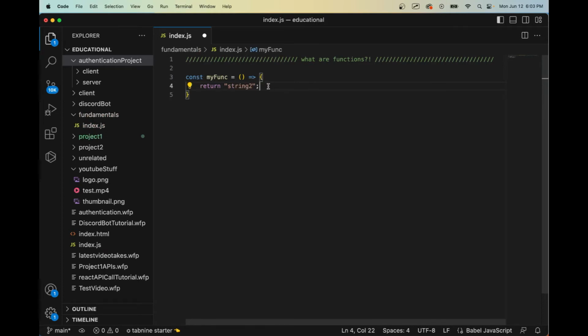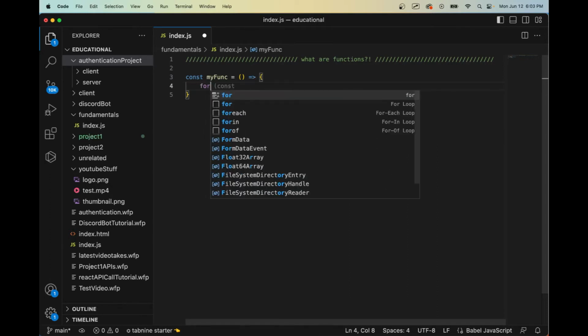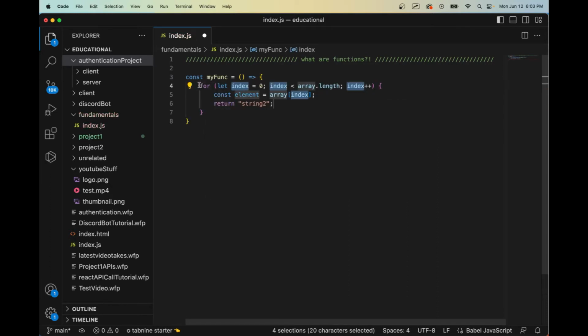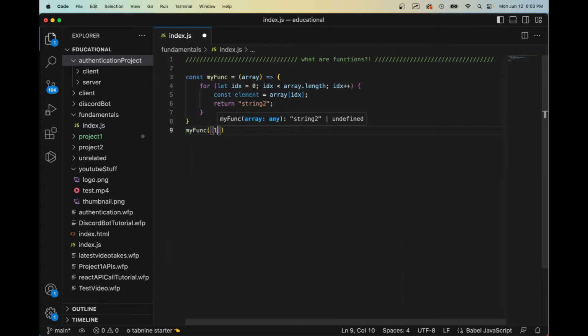Or you can do complex things. I mean, this isn't complex, but you can do a for loop, and we'll do index, and we'll pass that array into the function, and we'll call that function myfunction with an array as the argument, or the parameter, that we're passing to our function,